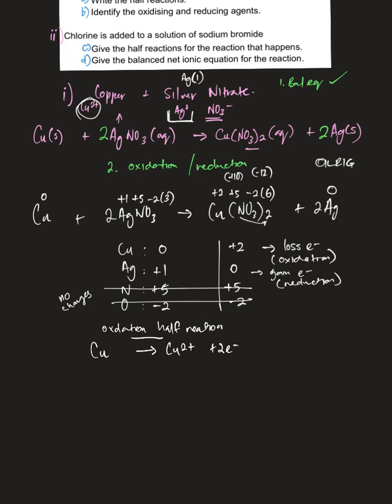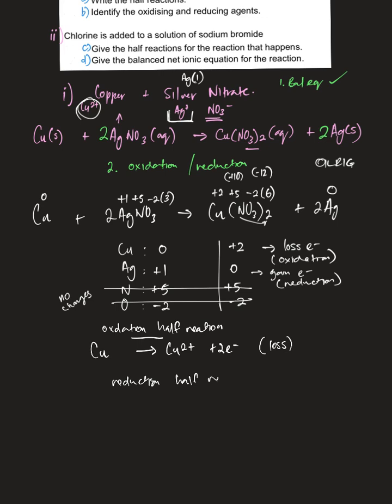All right, because remember it's loss, so it must spit out electrons. The Ag started off at Ag+, then it had plus an electron. That's the reduction